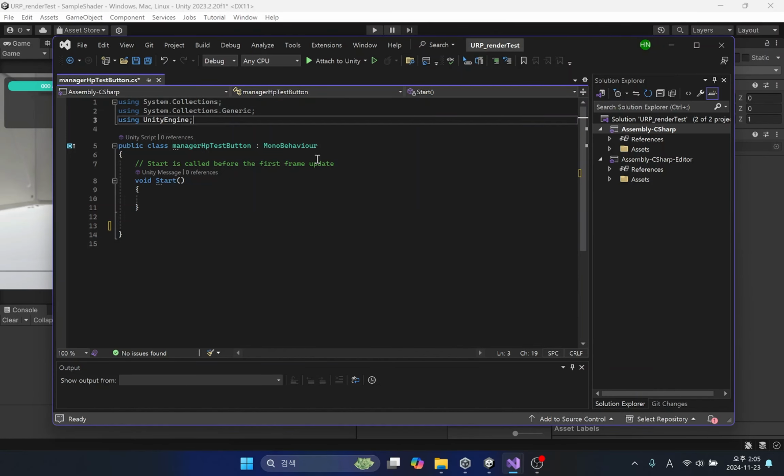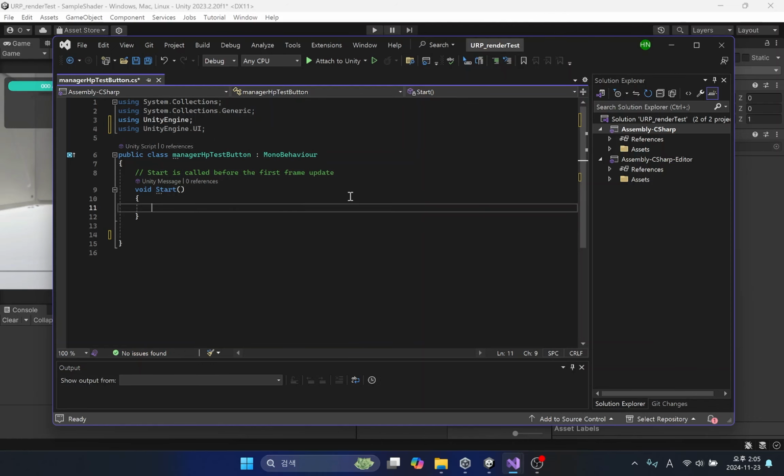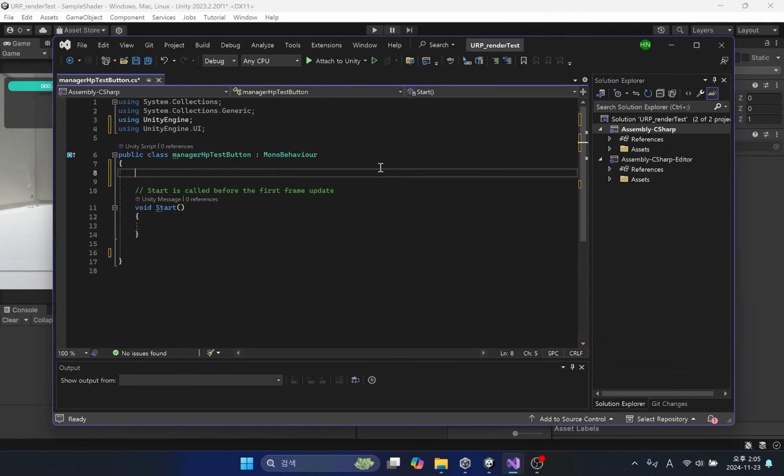Since we'll be using buttons, I'll be using the UnityEngine.UI directive. Let's create 2 button variables for increasing and decreasing HP.